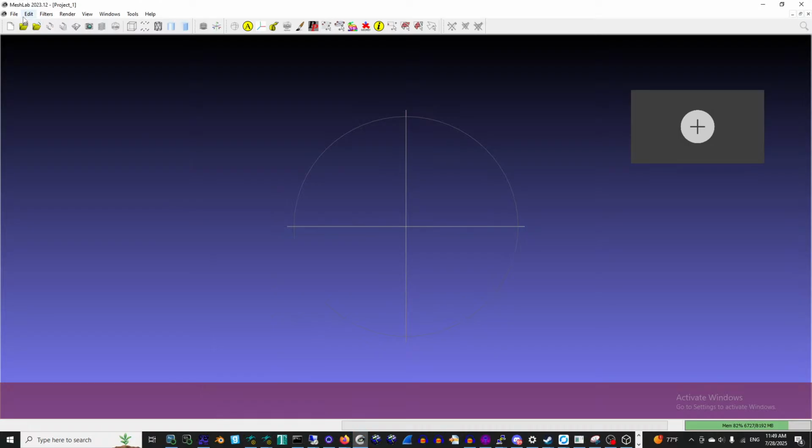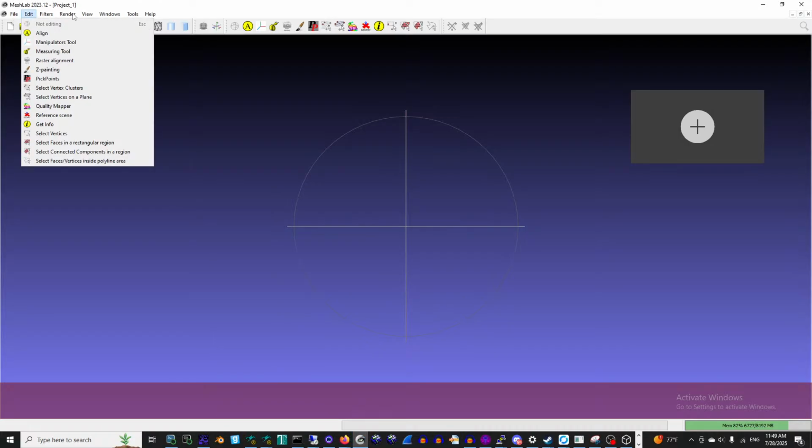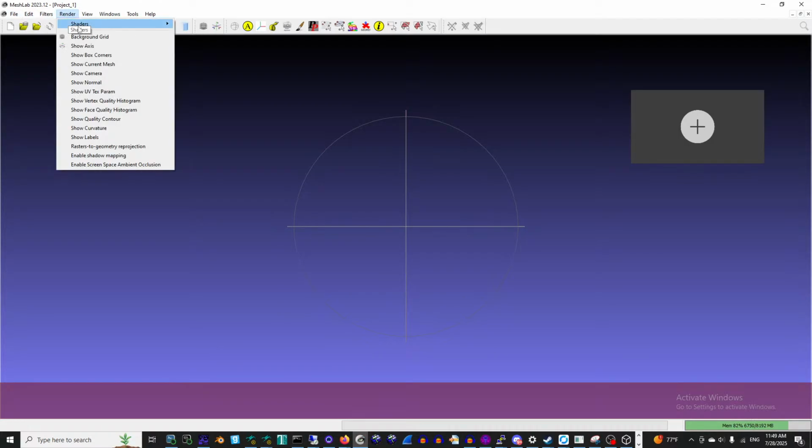MeshLab allows you to do a function called make it low poly,